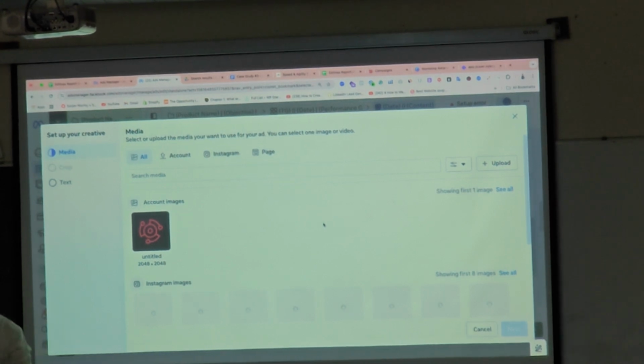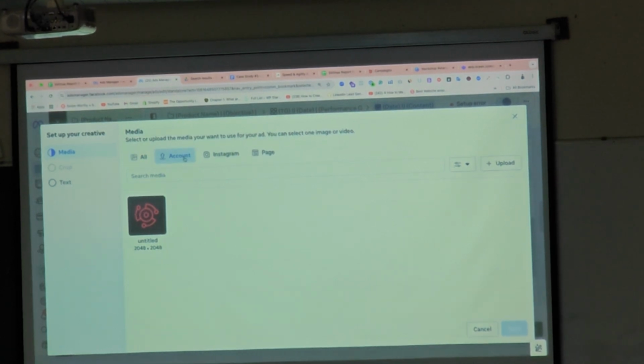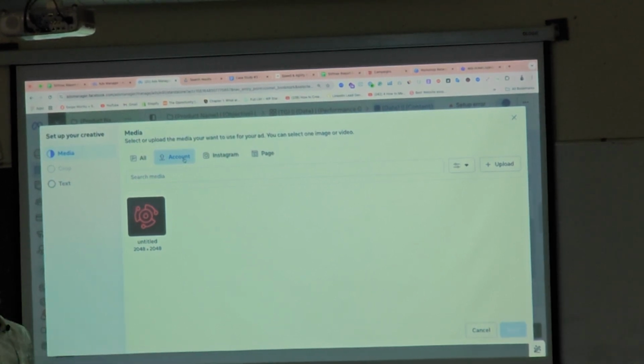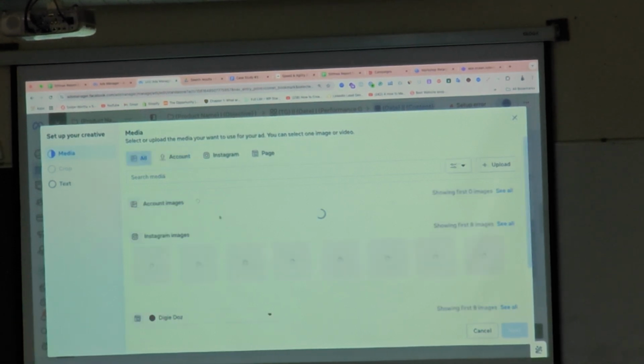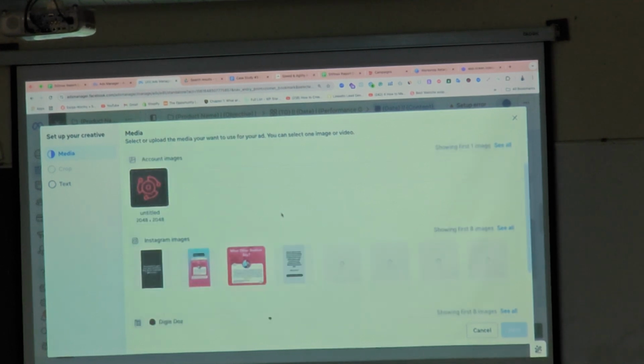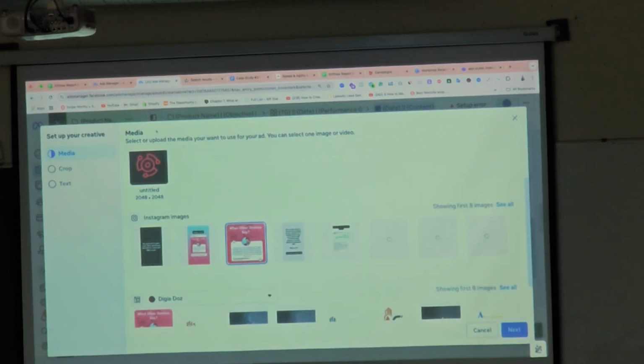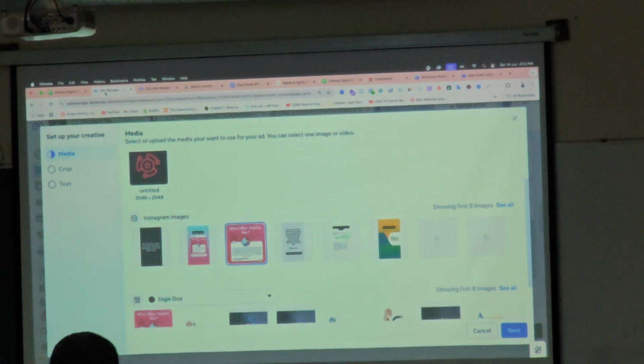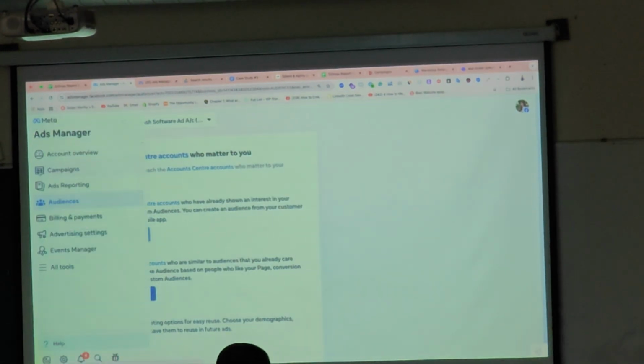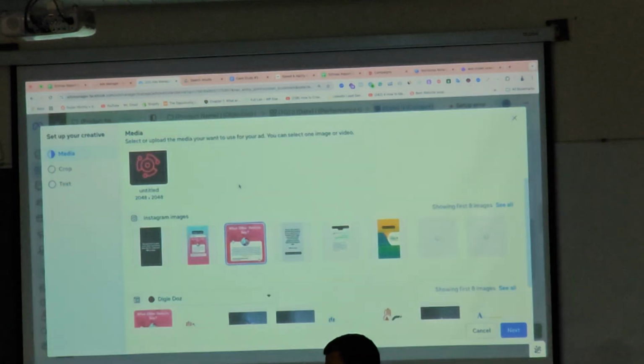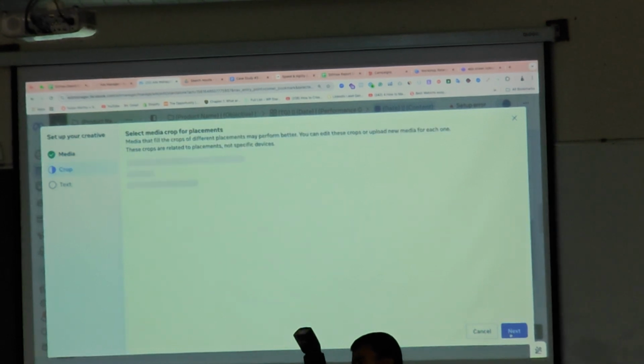And the account, so basically Facebook also provides you the option to create a business folder. In the account, the ads or the creatives which have already been uploaded will be visible over here. Okay, so click on the All option as of now, and we are selecting this creative. Select this creative and click the Next option.